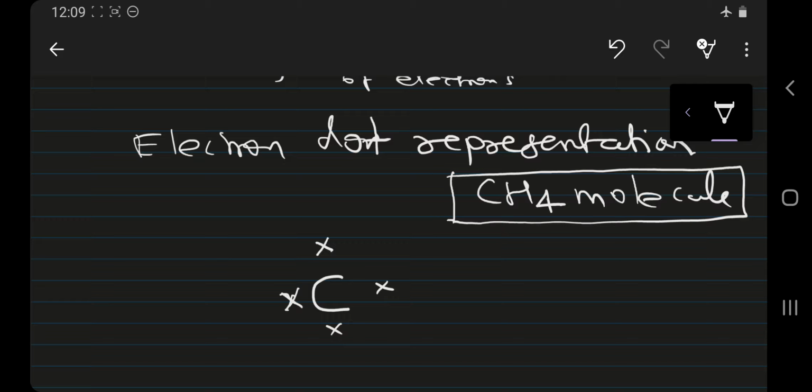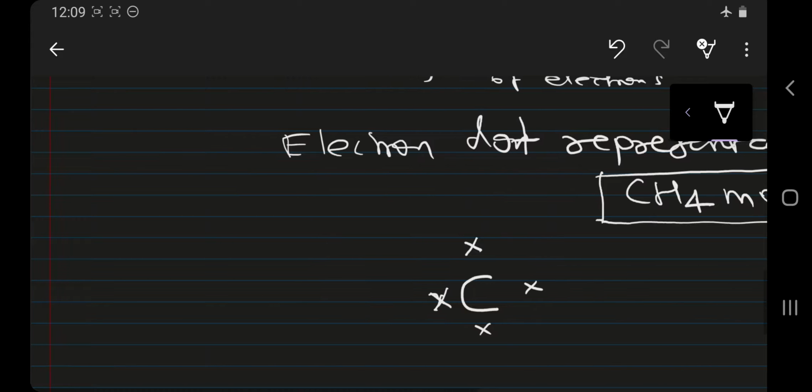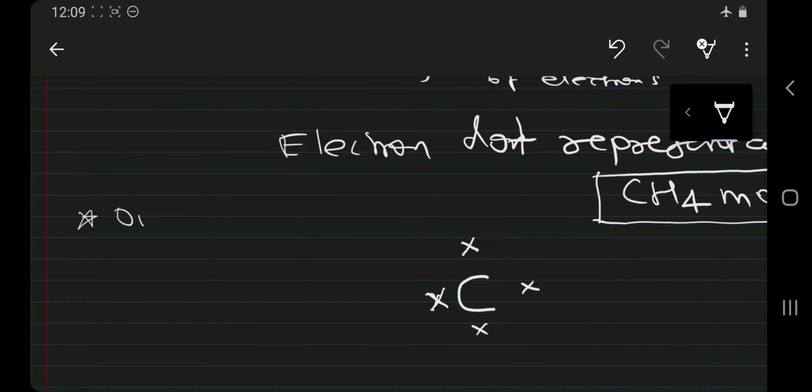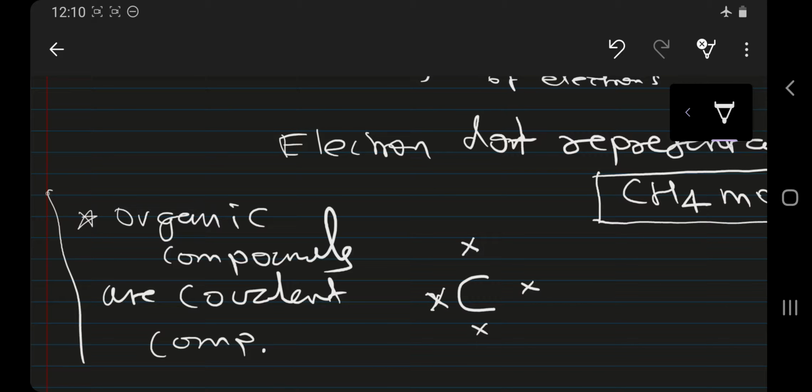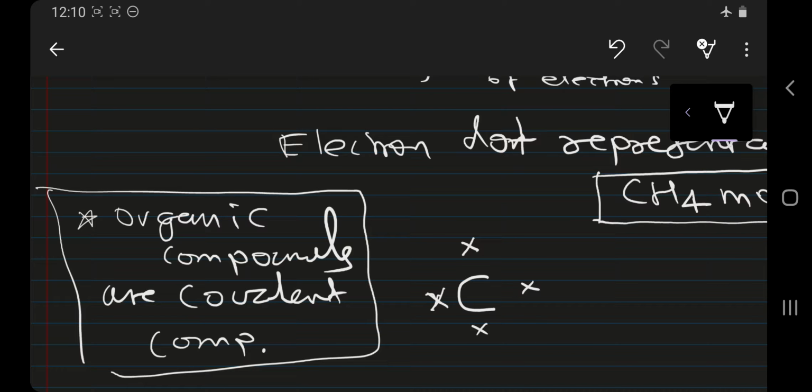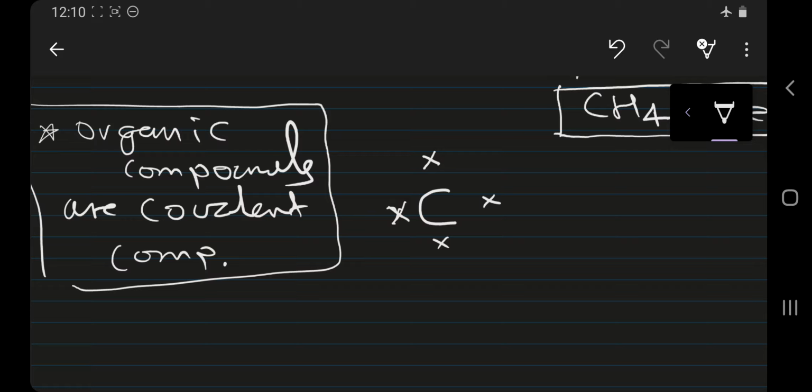CH4 is a basic hydrocarbon. For understanding the structure of CH4, first understand this basic rule. Organic compounds are covalent compounds. Whenever organic compounds take part in bond formation, they will be covalent in nature. Then this carbon will try to share its 4 electrons in order to get 8 electrons in its outermost